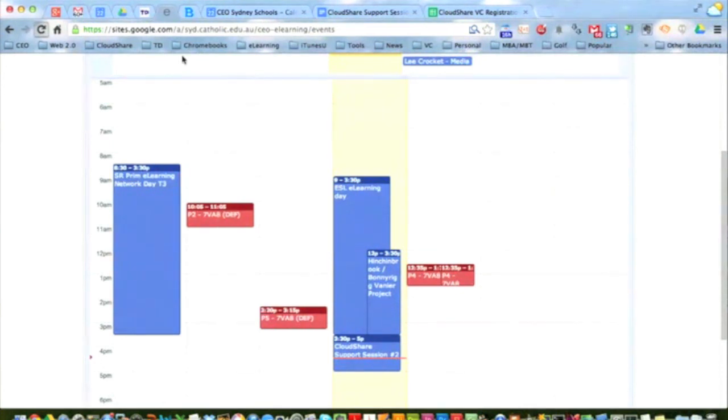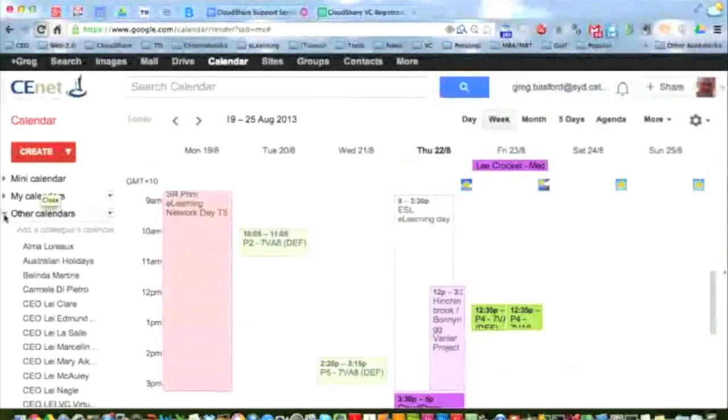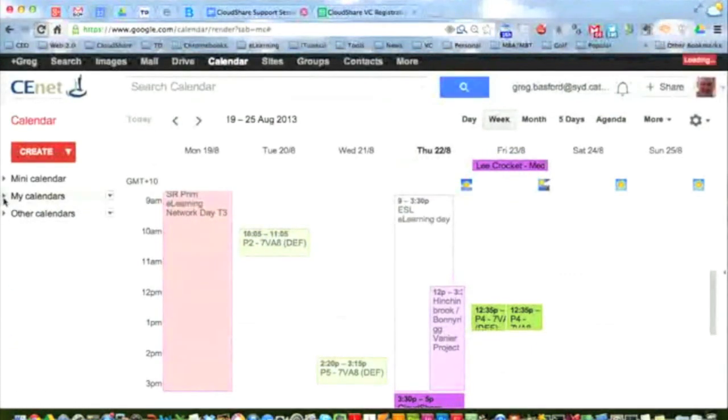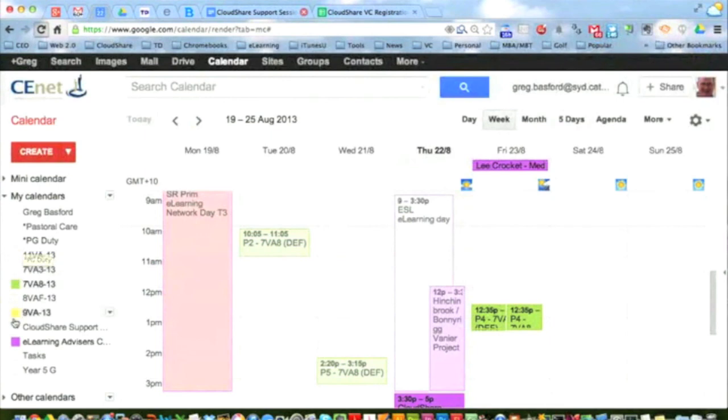You can list the calendars of all the teachers, so the students can actually just select their own teacher if they wanted to, and it will just populate in their own calendar, or even the other teachers. So what you would do is, they'd have the choice of selecting any of those